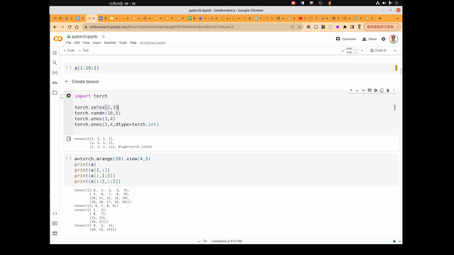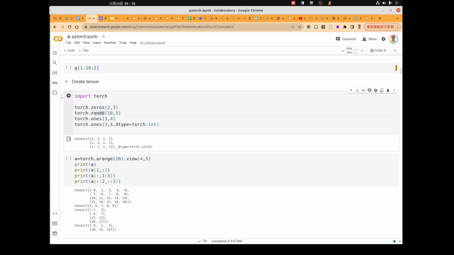First, we will create a tensor which has 2 dimensions. The first dimension has 2 elements, 2 rows, and the second dimension has 3 columns. All of the elements in this tensor will be initialized to 0.